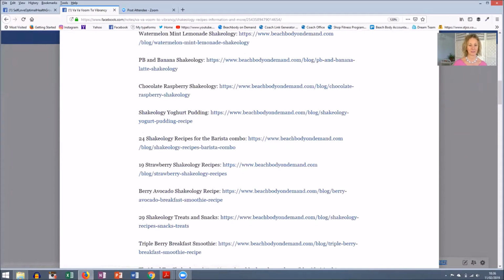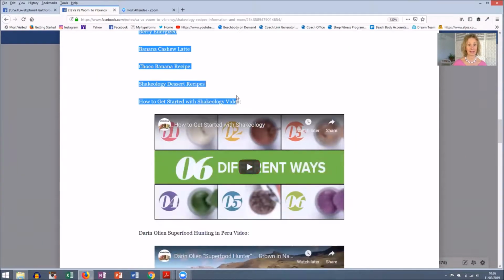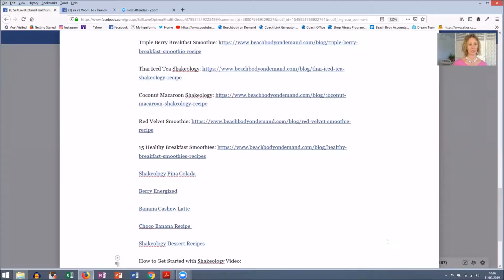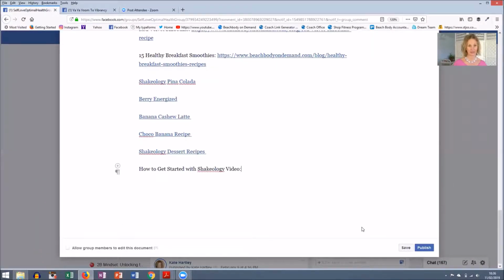Going down too fast. Okay, stop. Copy all that until I get to the video. So I'm going to literally Control C, and then I'm going to go over to my new group, and I'm going to click my cursor there, Control V, and that pastes everything in exactly as it was in the previous group. So now, because I'm going to add a video under here, click return,